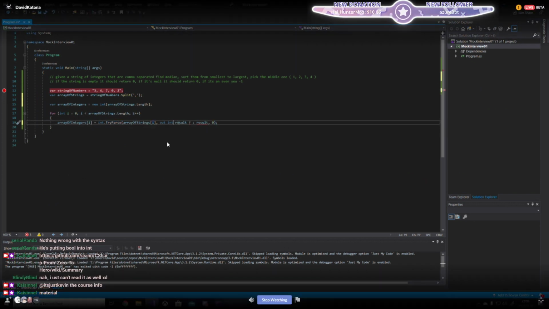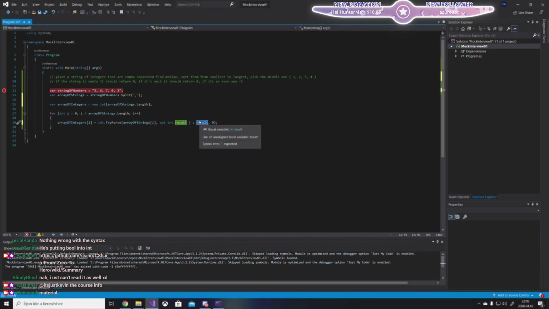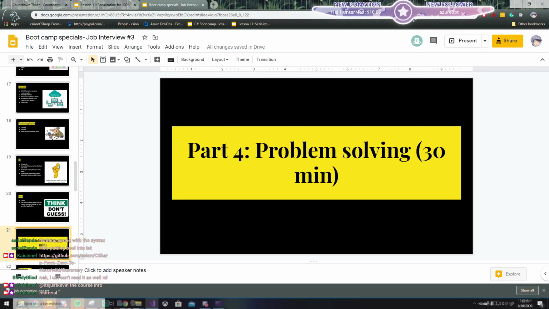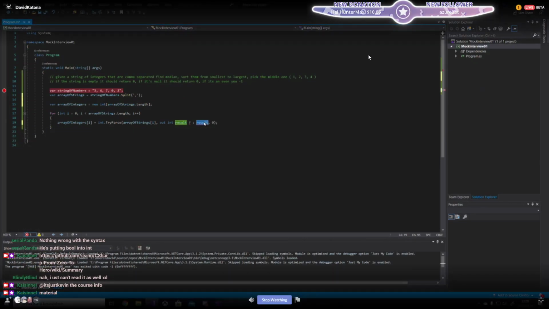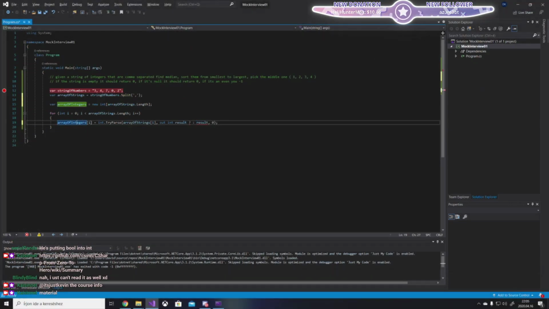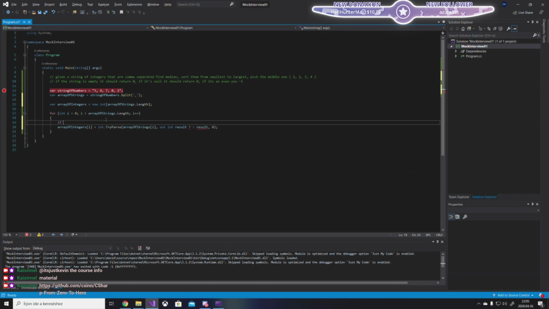Right. So I would need to grab the result. If it's true, so if the parse was successful, I should put the integer into the array at position i. If not, if it's false, then I should. How would you check that? You could use an if statement. So let's go with an if statement. So if